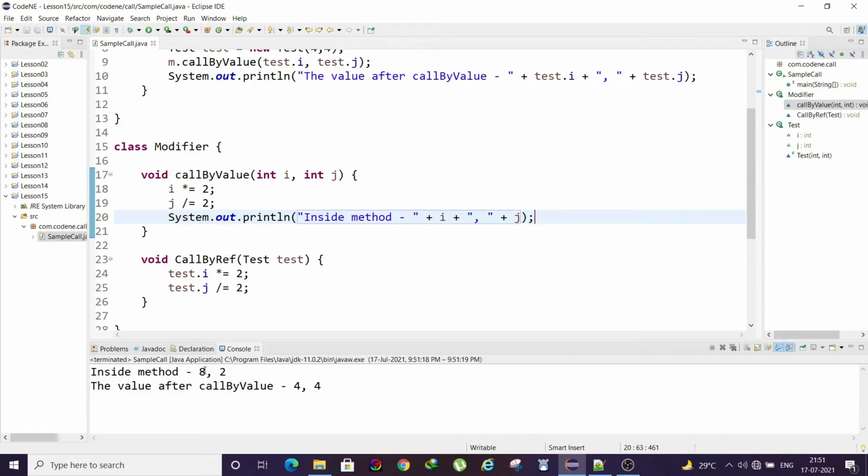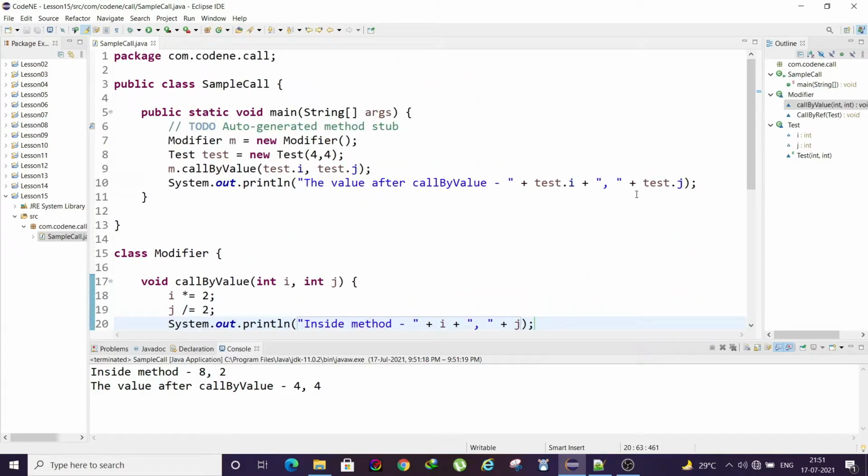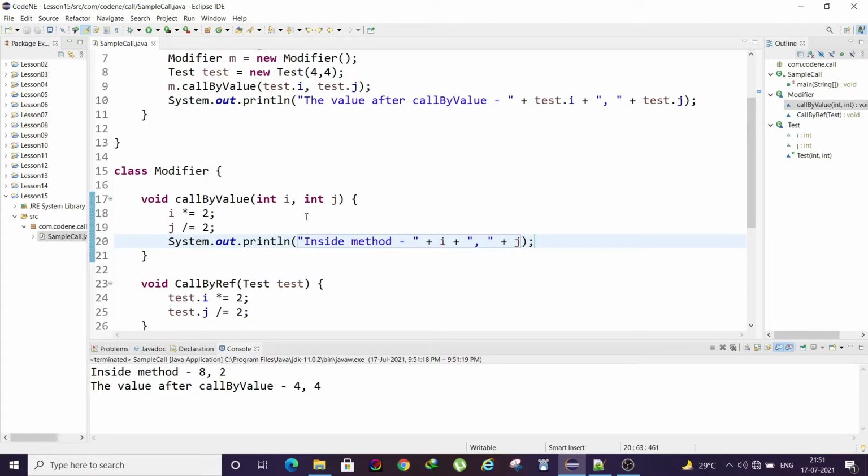What output do we get? We get 8 and 2, but the value in the original object still remains the same. So this is called call by value. That means only the value is changed, a local copy is made and the value is changed, but the original value is not affected.